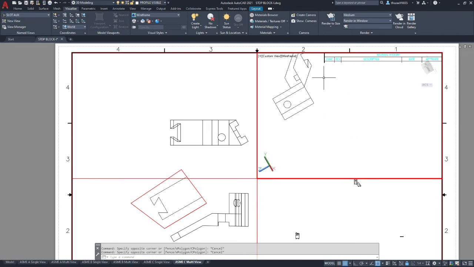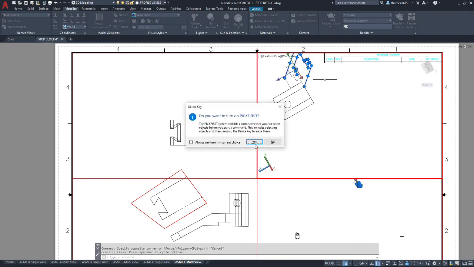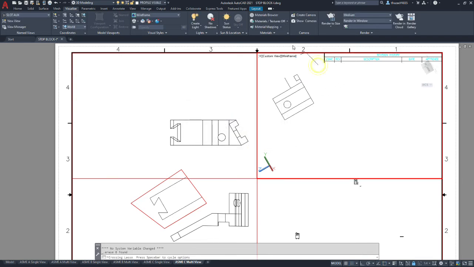In the case of this view, we're just going to delete what would not be shown in the auxiliary view. Okay, so that's our auxiliary view as it should show.